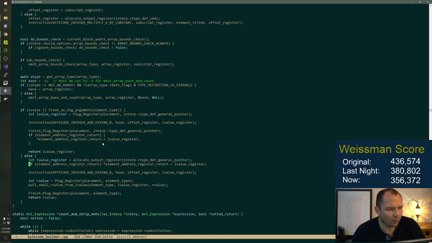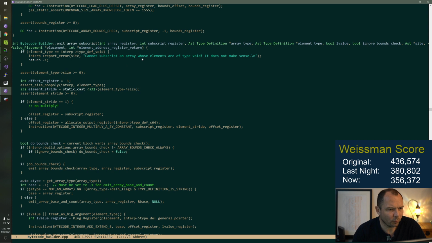So the deal is, this subscript function is being written in a very dynamic, abstracted way. And this might be fine.